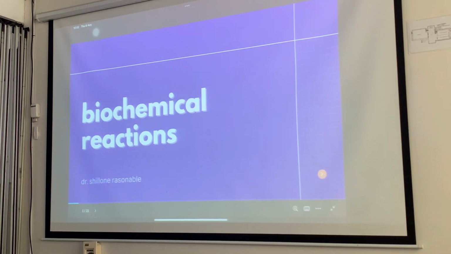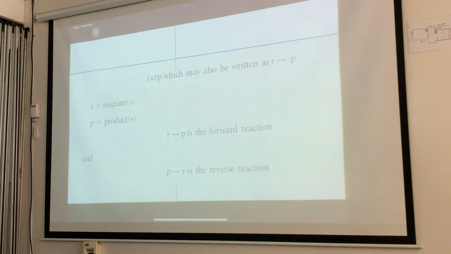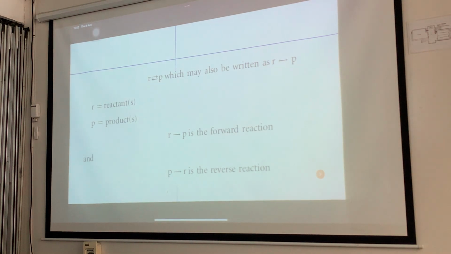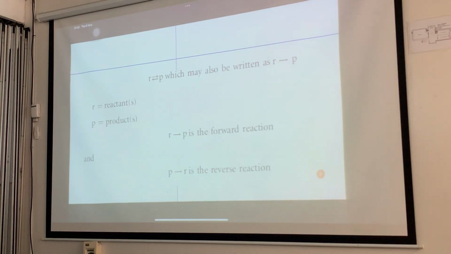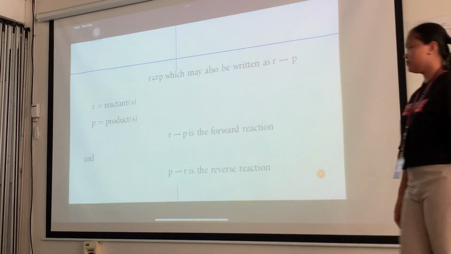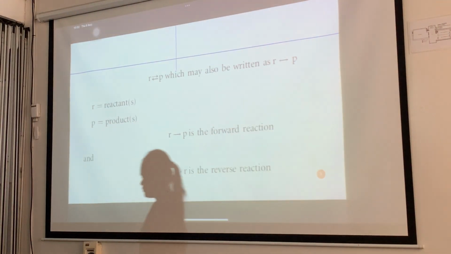Okay, so anyways, going back, you need to understand biochemical reactions so that you would understand why you're studying a certain pathway. What's the purpose? When we want to correlate biochemistry and physiology later on, we can explain why it happened and the hows of it. So let's say R are the reactants and P is the product.